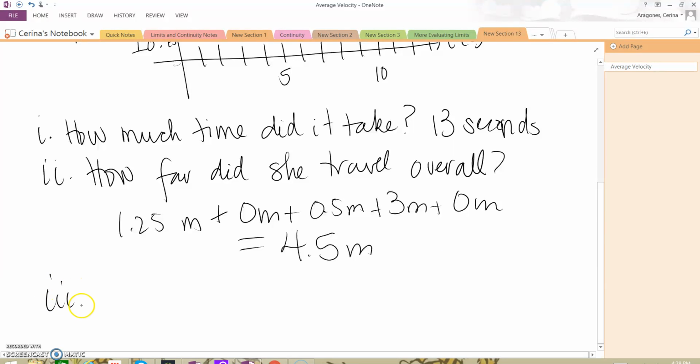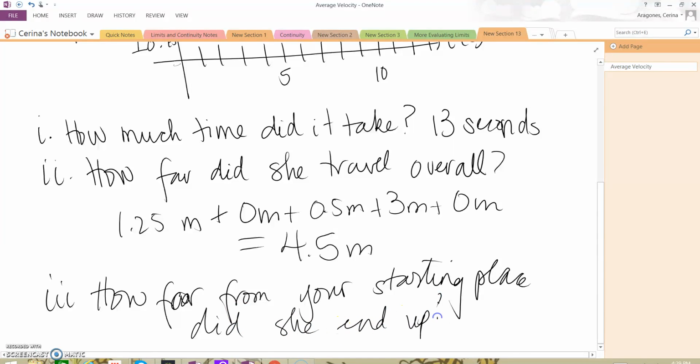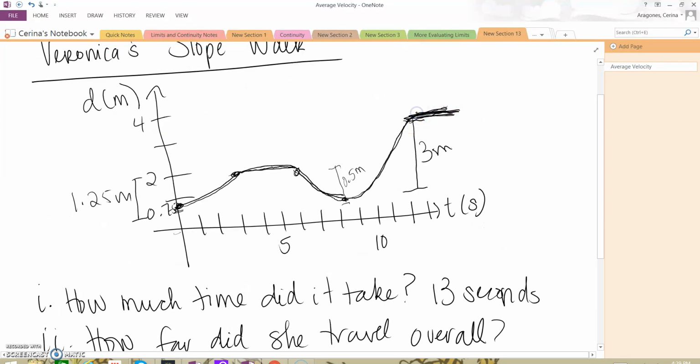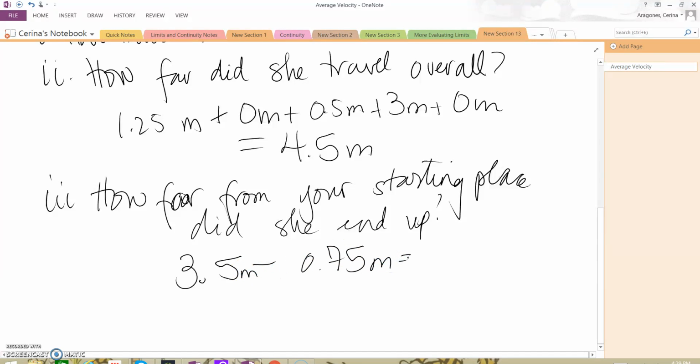The third question was, how far from your starting place did she end up? So she started at about 0.75. She ended at 3.5 meters. So she traveled around, so 3.5 minus 0.75 is